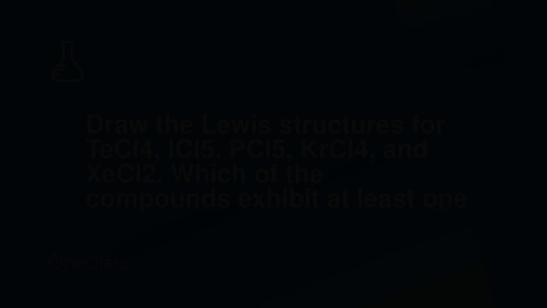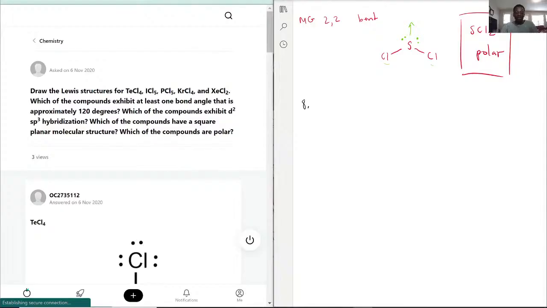Draw the Lewis structures for, wow, that's a lot of them. Draw Lewis for TeCl4, ICl5, PCl5, KrCl4, and XeCl2, okay,